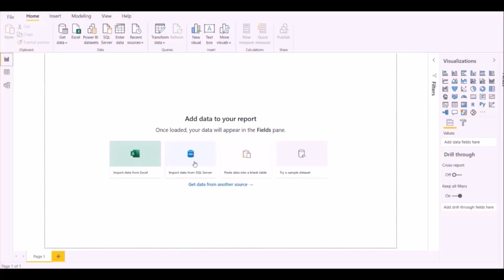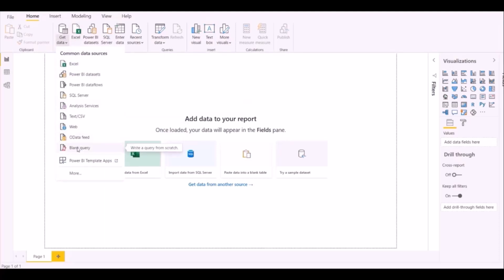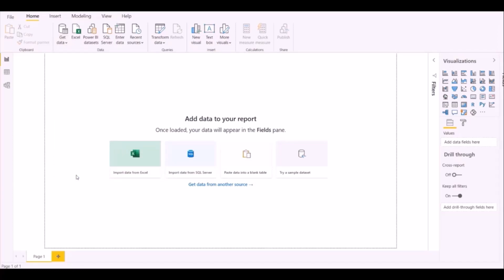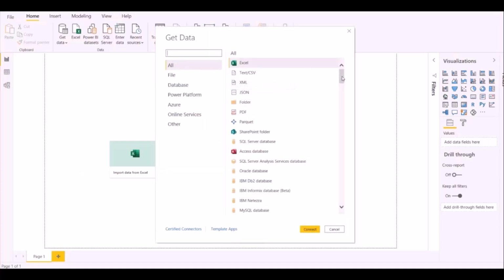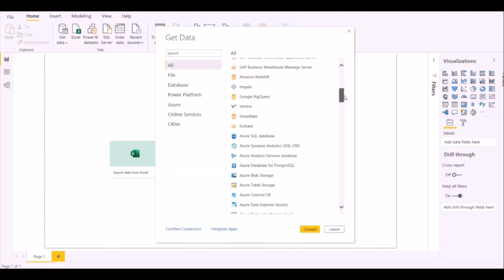Here are some import options. For all other options we have to go to get data and more option. Here in more you will find all the import options. Like Excel, text, JSON, Vertica, Azure.